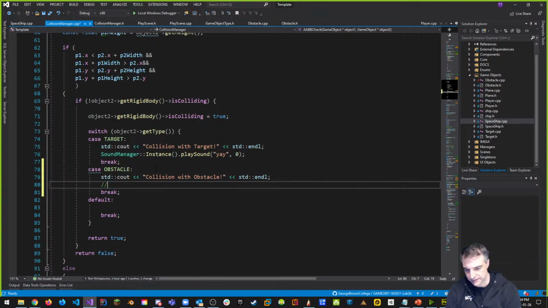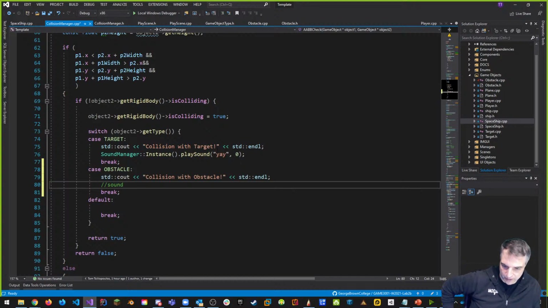And this is where I want to put my sound in here. This is where I make a sound to do it. And this is an example of what the sound would look like. But I need to load this sound for it to work. And I have an example of the yay sound, which is actually built in. And if you look at the